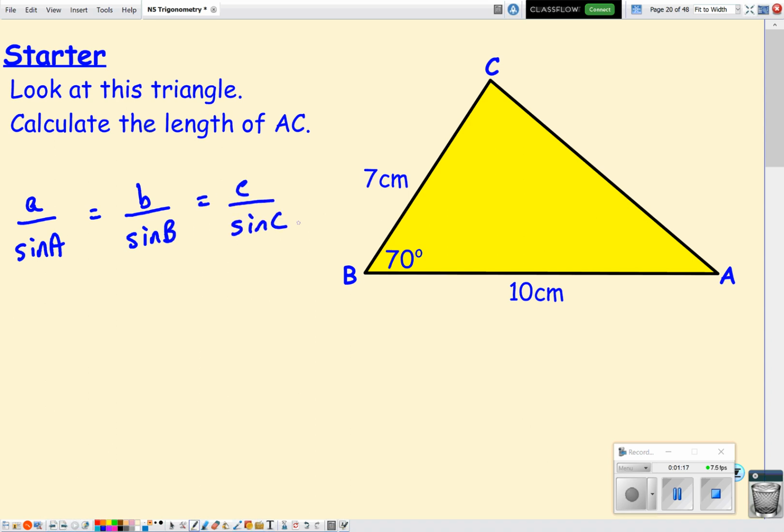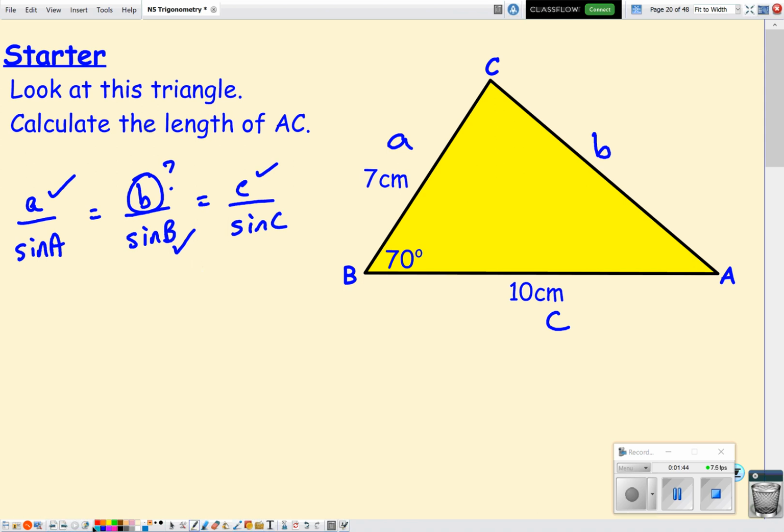Right, well what do we have? We've got the angle at B, so we'll tick that. I've got side A and side C, so we'll tick them. And we're able to calculate the length of AC, so that's side b, so we'll calculate that. Right, okay. So we've got a complete pairing where we know three of the four bits of information,